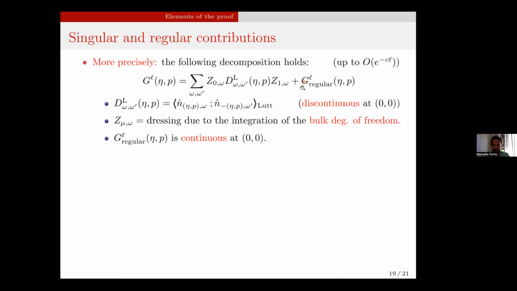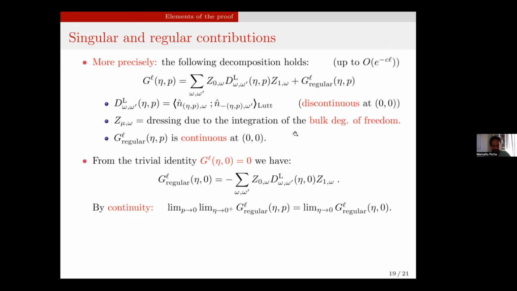So how do you proceed from here? Well, you use a very simple observation, which until now looked like a trivial observation, but it's in fact a very useful one. The fact that the response to a constant perturbation is 0 seems like a trivial fact, but it gives you non-trivial information on this part here, right? Because this 0 is the sum of these two terms, and this term here is explicit. So you know that this regular part at p equal to 0 is equal to minus this one at p equal to 0, which is remarkable because the left-hand side is something on which you have no explicit control. The right-hand side is something that is defined starting from a relativistic theory. Okay? So that's one piece of information.